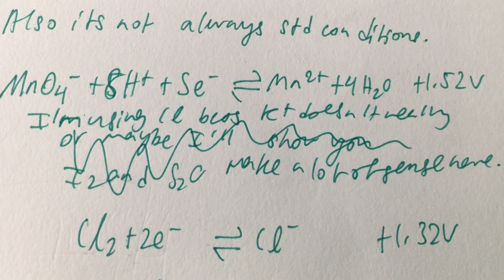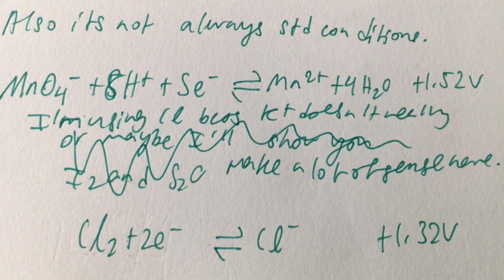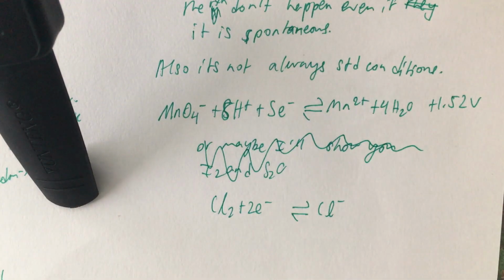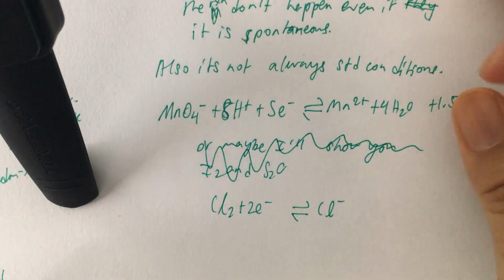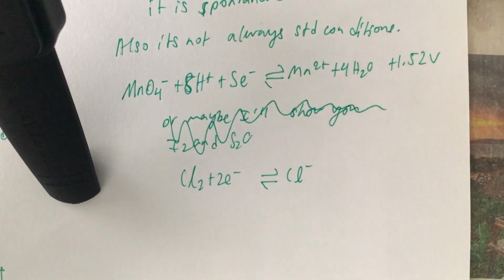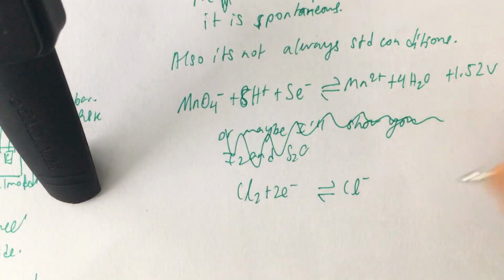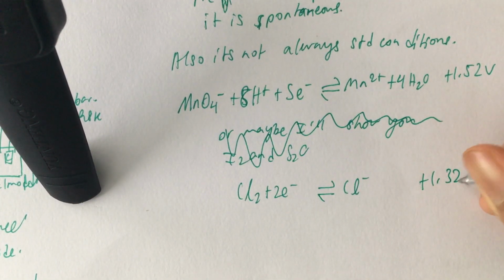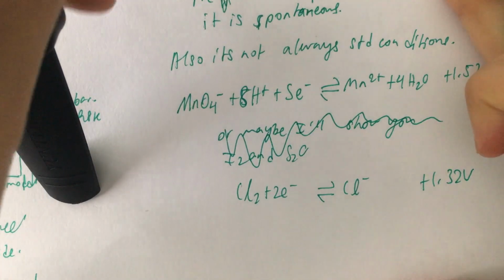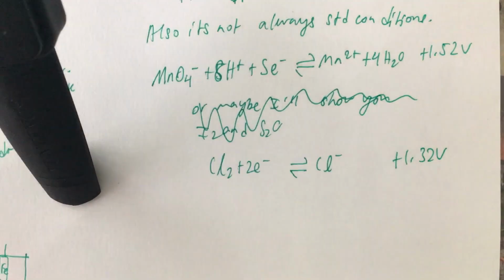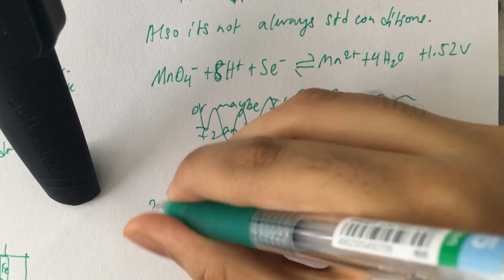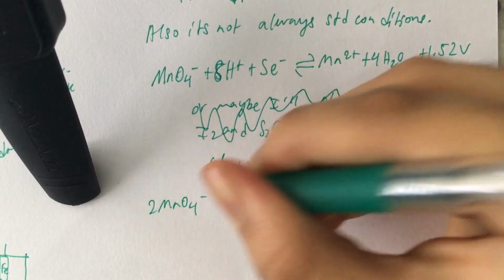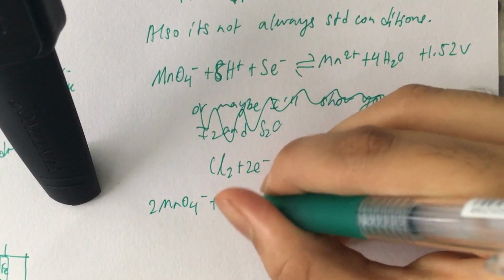So when you balance it with that, because the manganese one is very positive and the potassium one is very negative, you would put the manganese one as the reduction one and the potassium one as the oxidation one. So you flip it accordingly, and then you multiply the potassium one by 5 because there's 5 electrons in the manganese one, and from there you can add them,